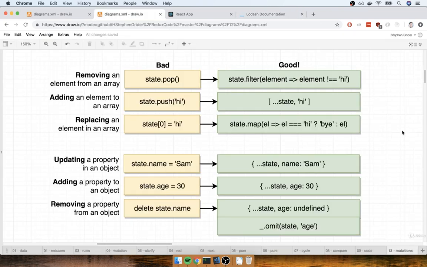All right, so like I said, you're going to be seeing code like this on the right-hand side extremely frequently inside of reducers that you write. All the statements you see over here, you are going to write inside of a reducer nonstop again and again and again every time that you are working with an array or an object, and you want to somehow modify what is inside of the given array or object.